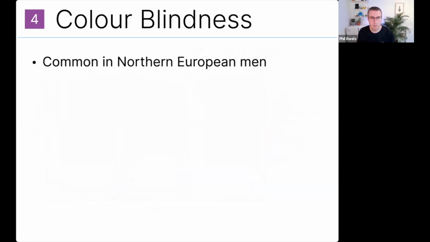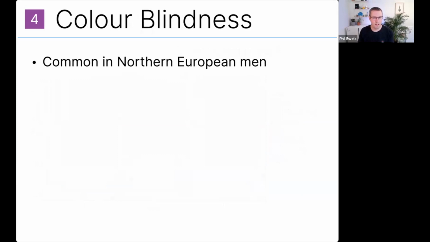Final note on colors and color scales is to remember color blindness when you're deciding on your color scale. Color blindness is one of those things that, well, I guess if you're not colorblind, is surprisingly common. It's especially common in Northern European men, and